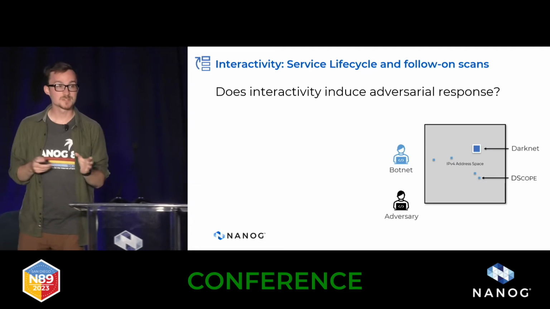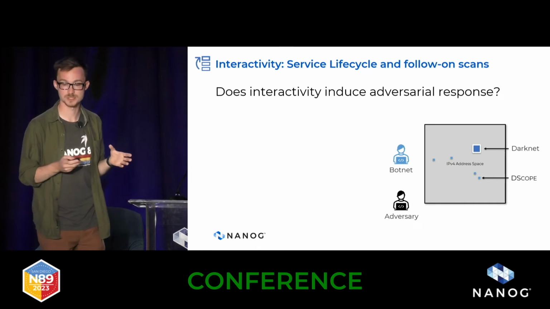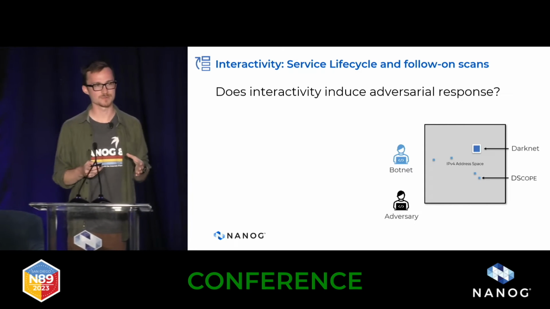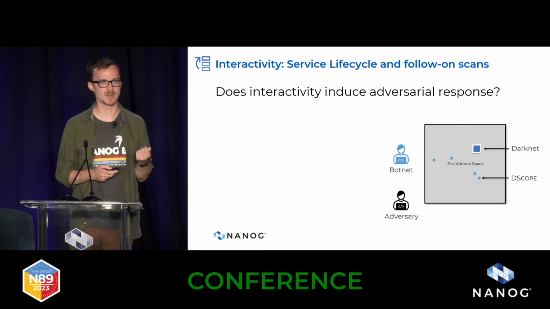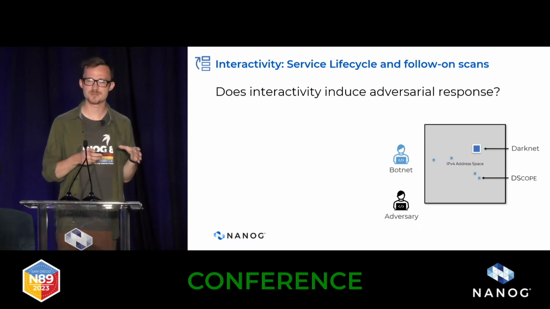So we've seen how moving the footprint of our measurement apparatus to public cloud providers gives us new coverage, but how does that interactivity that we deploy induce adversarial response and give us even more coverage of behavior? Let's look at an example of where this might play out and then see if we can prove that it